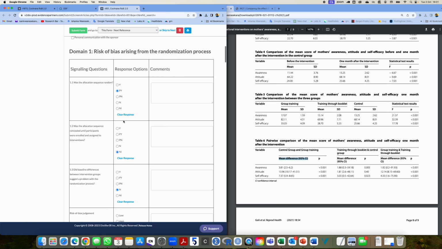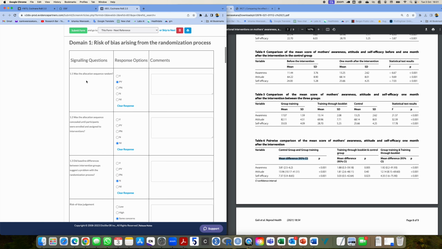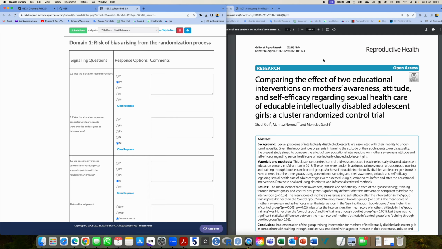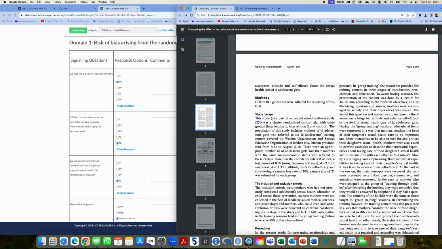So I'm just going to come to the first domain, which is assessing the randomization process. Okay, let's see how I ended up with these answers and then the final overall judgment. Was the allocation sequence random? Okay, these guys say that this is a cluster randomized control trial, and also say here this is a randomized trial again. But do you know how they have randomized,